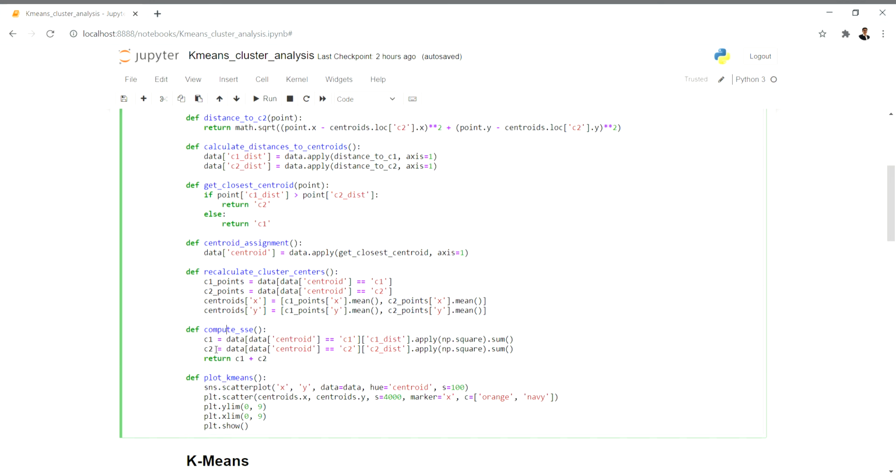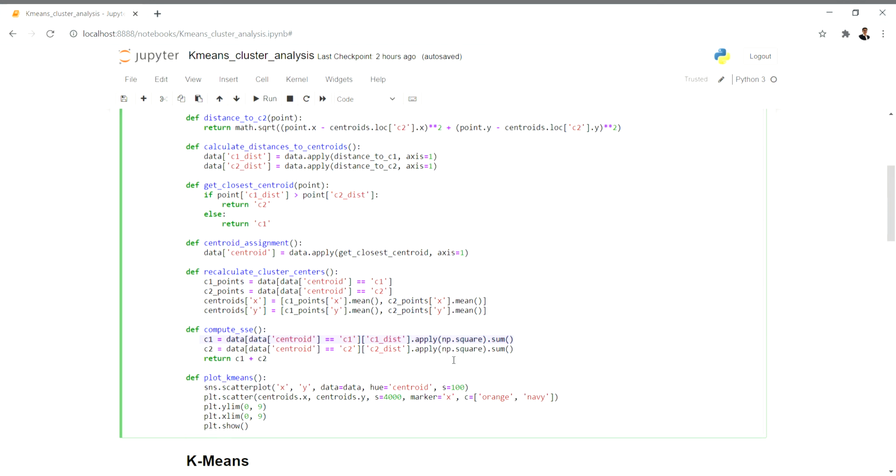So how do you compute the SSE? That is the sum of squared errors. If this particular quantity which is there here, we apply np.square and we sum that thing. So it is the sum of squared errors. You have to square each distance of the coordinates of that particular cluster and then sum it up. So it is as simple. This is actually the way it is written.